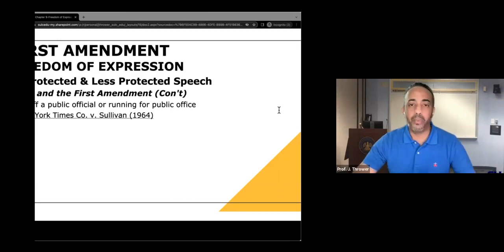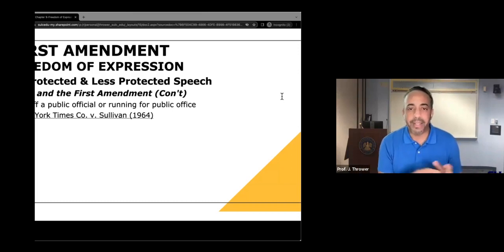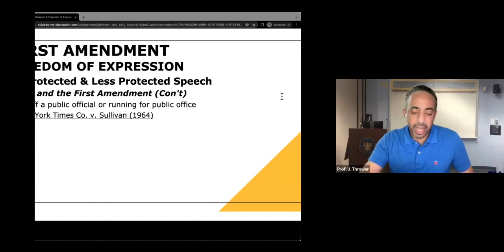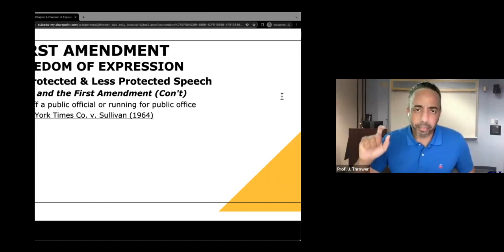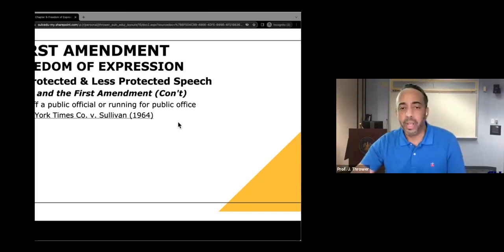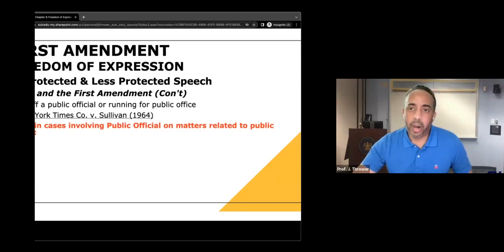So the matter was taken up by the United States Supreme Court. And the court held that the rule of law applied by the Alabama courts was constitutionally deficient for failure to provide safeguards for freedom of speech and the press that were required under both the 14th and the First Amendment, right? And so important in the Sullivan case is that the court laid out a test in cases involving public officials on matters related to public office. And so the test essentially